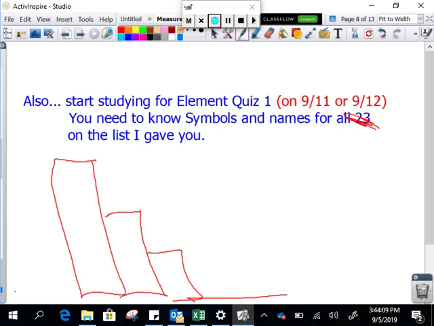Yes. Kanez would like you to know that there's actually 27 elements on the list, not 23. The typo has been eradicated and move forward. It's also really important that you